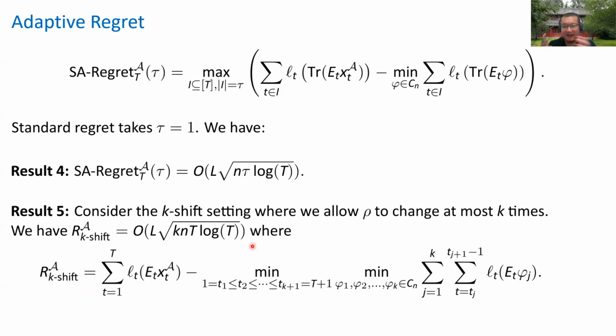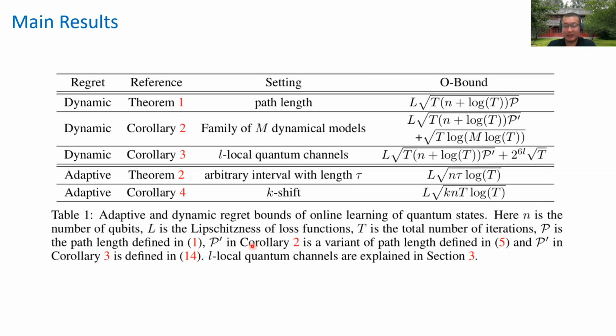And I guess maybe what I'm saying here is too abstract, but let me actually summarize everything into a table like this. So basically in our result, we use these online learning techniques that can give good characterization: for the dynamical model case, the path length case, and the K-shift case, we can give a good corresponding quantum algorithm with regret, basically always square root of T.